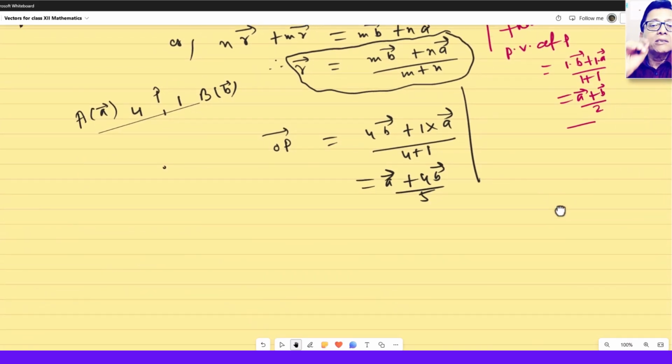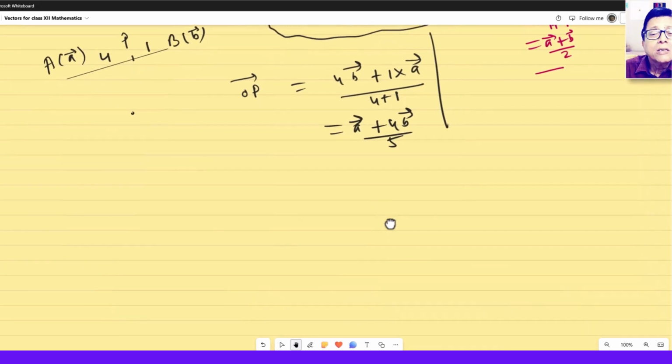Now this session is not a problem solving one, but I would like to discuss one very interesting and elementary level problem with you. See the application of vector in proving the theorems you have already done in mathematics before, class 9, 10 level. Suppose you are going to prove that